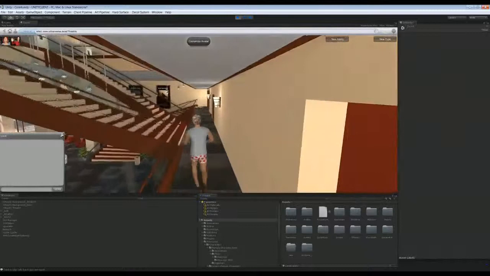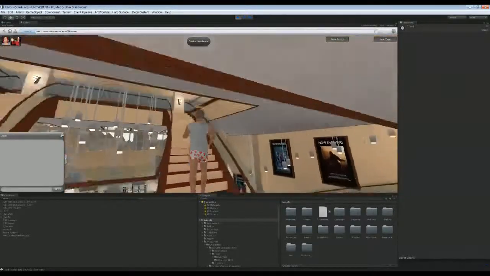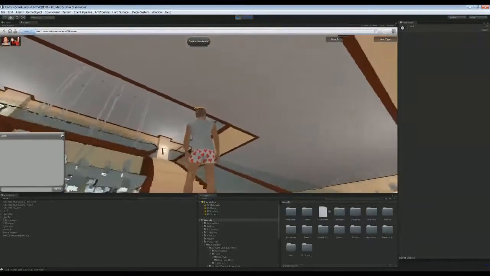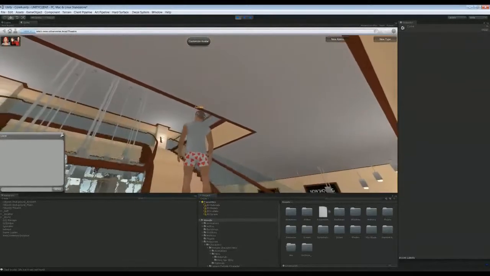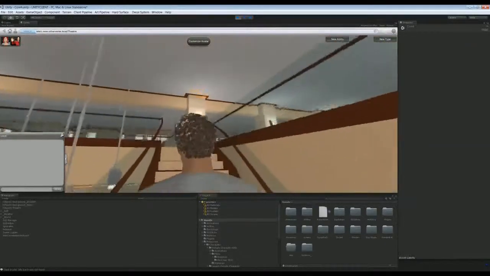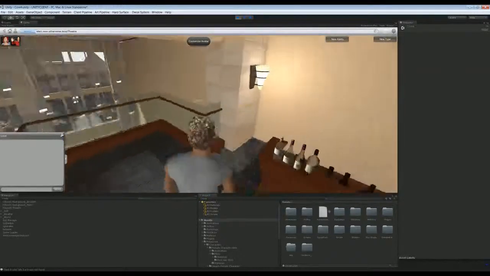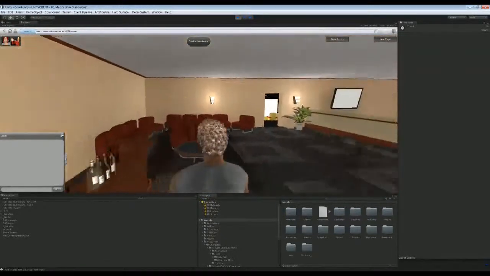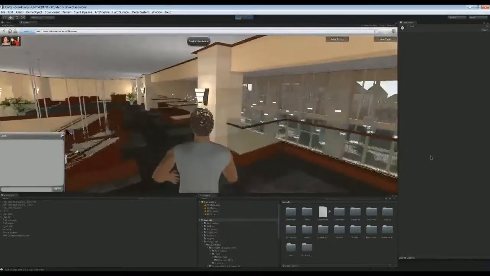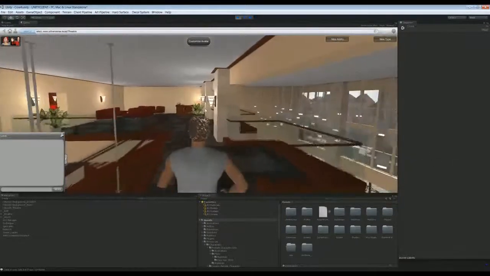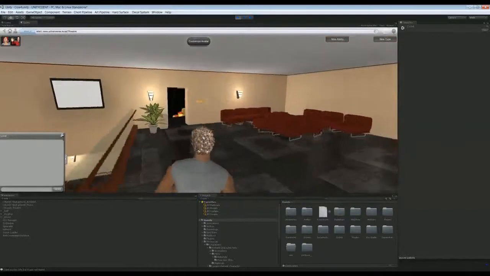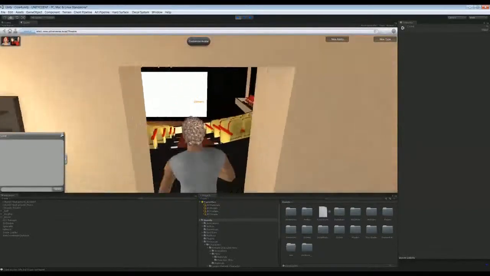Go upstairs. So you can see we have cool new transparent textures here that do like refractions of light through things. Some of these bottles here have some cool new textures on them too. Lots of cool stuff around here. The camera's shaking a bit. I'll fix that. I'm gonna go on here,